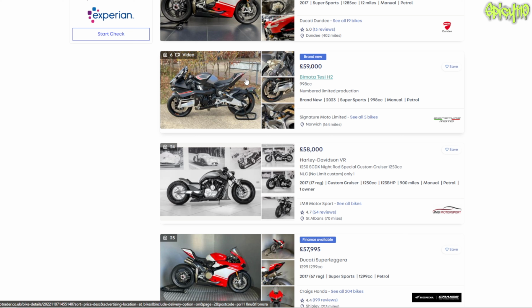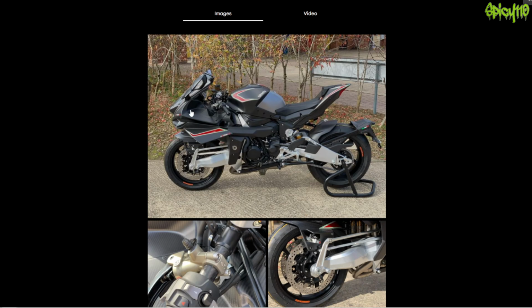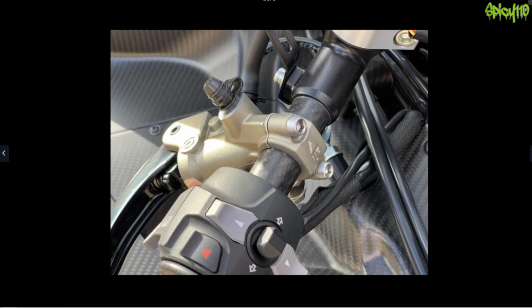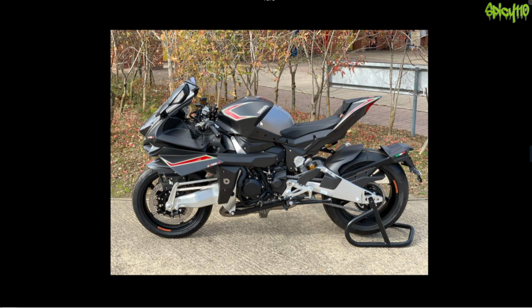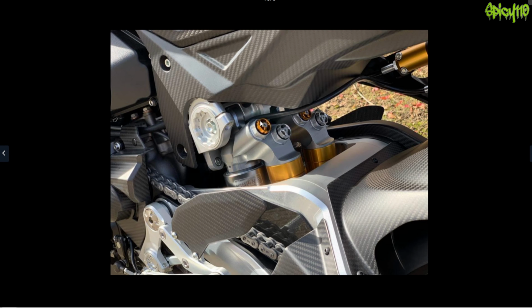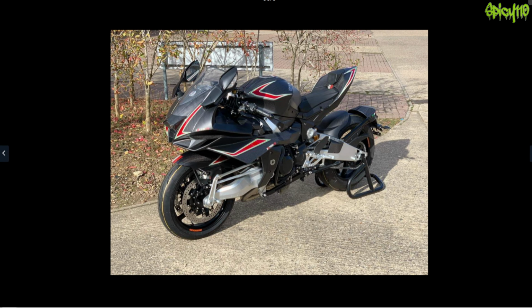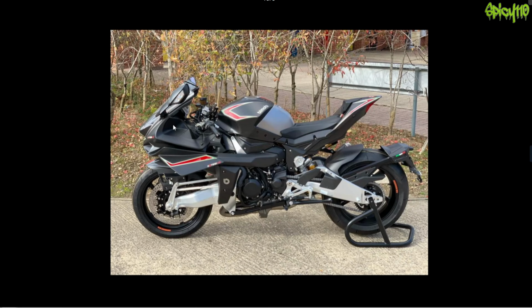A bimotor Tessie H2. Was this like some knockoff H2? Or is this a Kawasaki that someone's... Wait, that is a front swing arm. So is this like an updated Bitten? I mean, as an engineering thing, it's a thing. It looks horrible. What is that? Why have you done that to its face? Oh, okay, it doesn't look quite so bad from that angle, but...